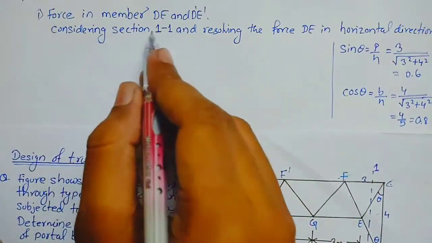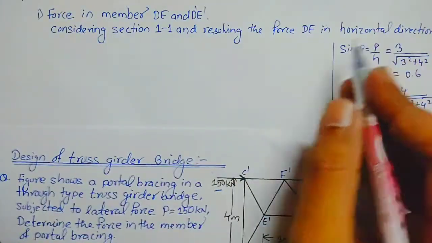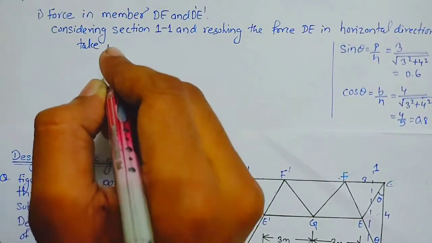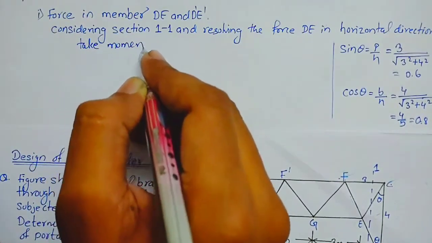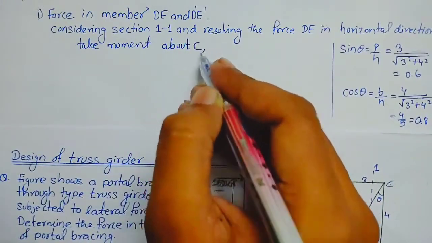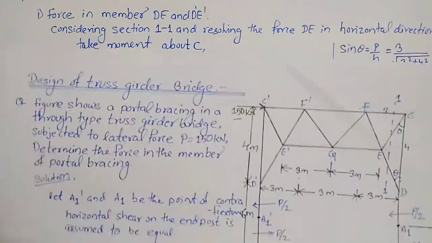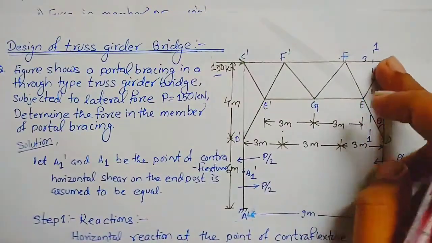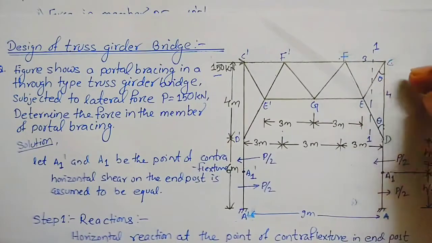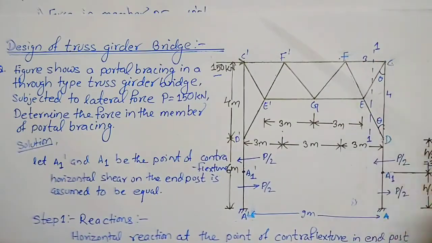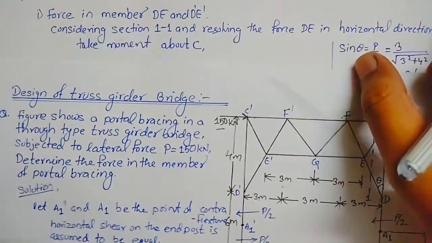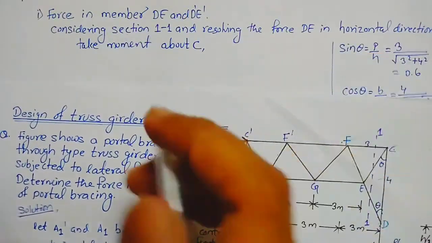Now after considering the section 1-1 and resolving the force in horizontal direction, take moment about C. Now guys, what happens if we take moment about C and DE is resolved in horizontal direction? So force times perpendicular distance, and this is in clockwise direction, so let us take clockwise as positive. Then what we will have here,